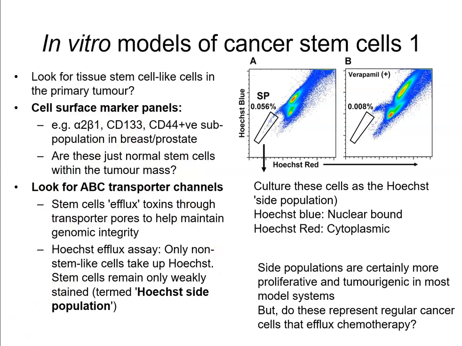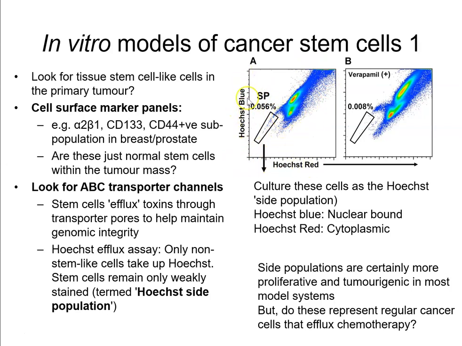We can also look for other markers of stem cells such as ABC transporter channels. Now these ABC transporter channels are very good at effluxing toxins out of cells, and stem cells are very good at doing this. So we can use a dye called Hoechst 33342, and Hoechst can get into almost all normal cells, and this is just a two-way flow cytometry plot, and basically most cells are stained very strong